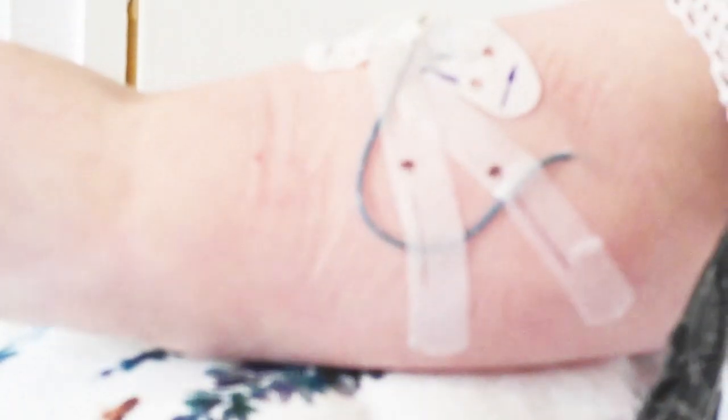Then we've got the Tegaderm, IV Tegaderm, and then that goes over there, like that. I had to lift my arm up for a second because I need to make sure that I get all